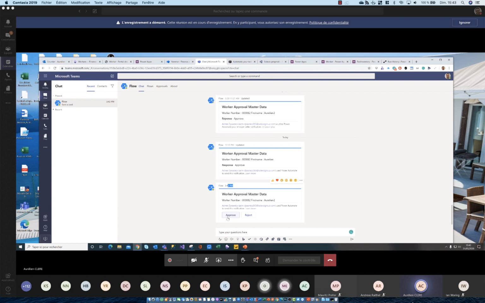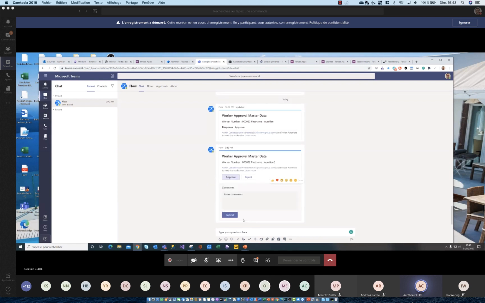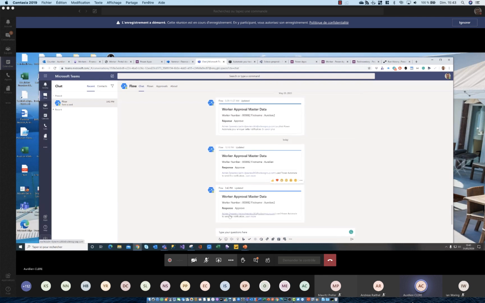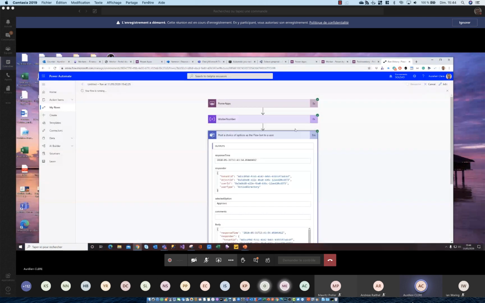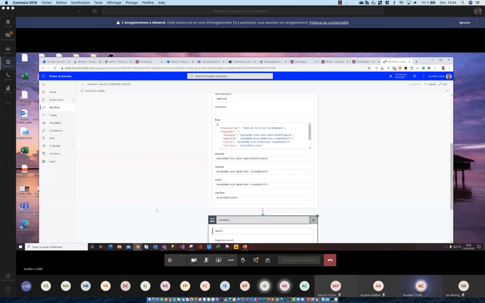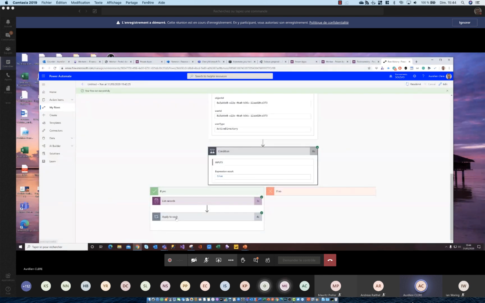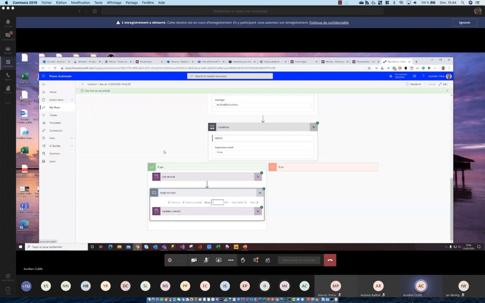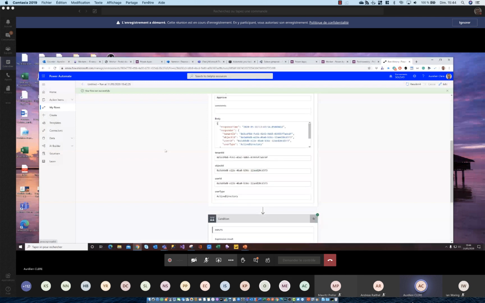It doesn't use an adaptive card for that, but you can enter custom information here, and you can click on approve, submit. He's okay with the change on the master data of the worker, and now my flow will continue after that to update my CDS record. Since I already sync also CDS,